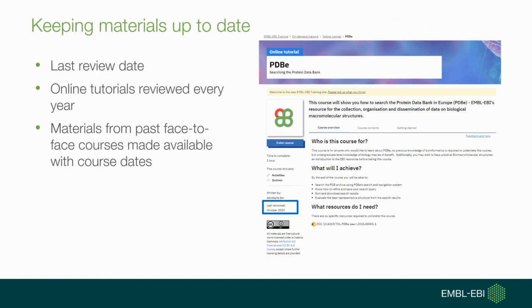Lastly, we have keeping up to date, and this can be difficult and time consuming, but it's helpful for users to make sure that materials are suitable for them, that they're still valid. And so in our online tutorials, we have a last review date. This is a yearly review cycle to make sure that all our materials are still suitable. Our trainers take a look through and make sure that there isn't anything incorrect or anything they should be adding to. And all our past materials from courses have the date on which the course actually happened, so people can see when that content was new.